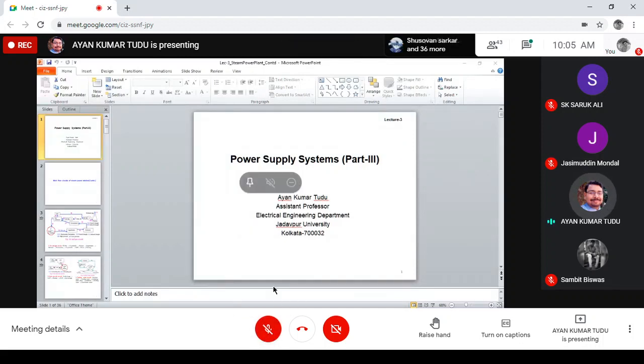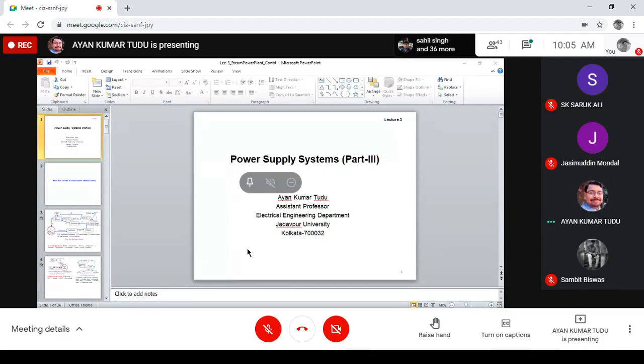So let us continue with the circuits that we were talking about. It was the air and gas circuit, coal and ash circuit, cooling water circuit, and the other circuits as well. What were the other circuits? Obviously, the feed water and the steam flow circuit. So let us talk about them one by one. This was our air and gas circuit. First of all, we have our atmospheric air, which is entering.